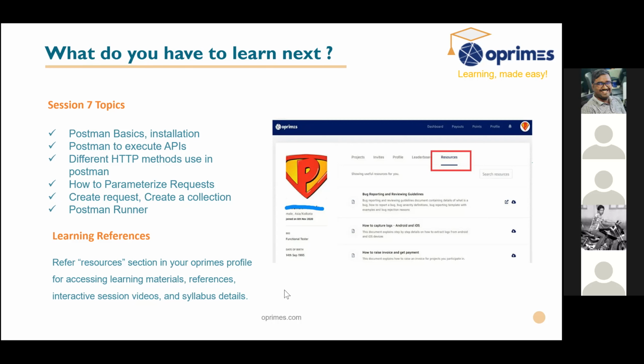Okay, so there is one question. If possible, please share the checklist and the test cases document for a sample API. Sure, we will send it. You can pass it to me, Ovia, and I'll upload it in the resource section so that they can download it from there. I'll make a note of it. Sample test cases, sure.